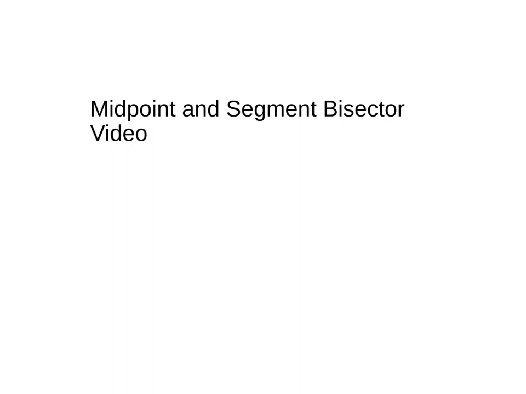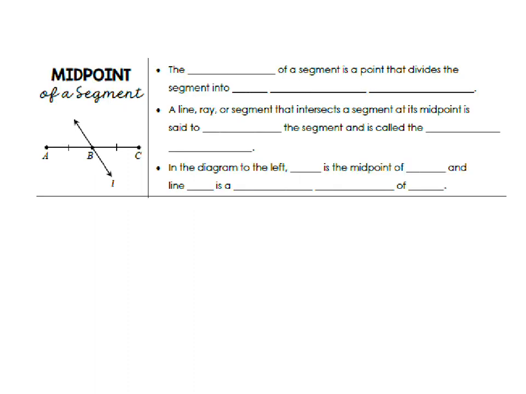This is the midpoint and segment bisector video. The midpoint of a segment is a point that divides the segment into two congruent segments. Okay, the midpoint is a point that cuts the segment into two equal pieces. It's perfectly halfway. So looking at this picture over here, B would be the midpoint,